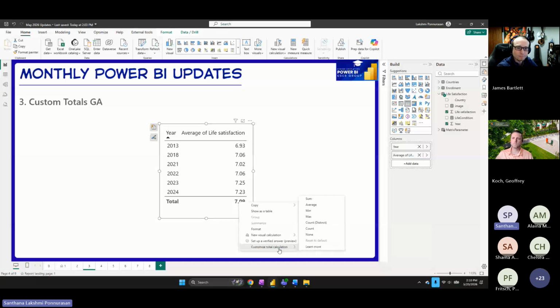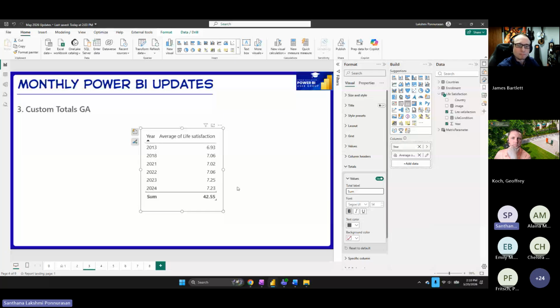And then say you want to change this wording from total to sum. You can go to settings, go to totals, and just go ahead and change your label. You could do that. So this is also generally available currently. Moving on is